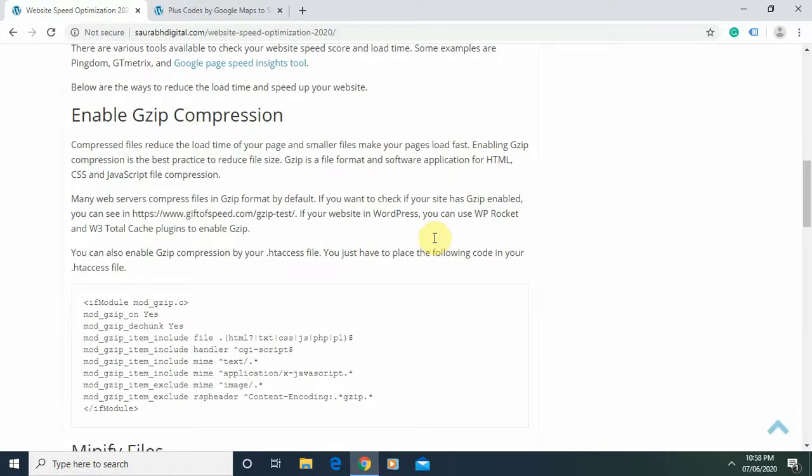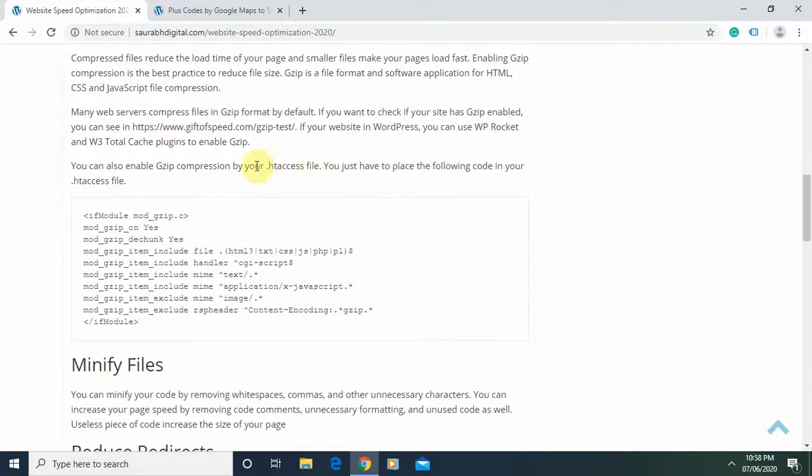So how can you enable this gzip compression? You have to create an .htaccess file, which is a text file. You can open Notepad, create this text file and rename it to .htaccess.